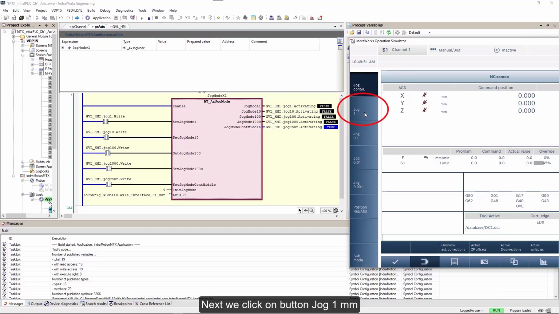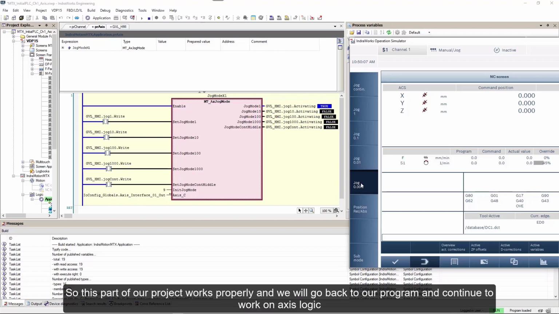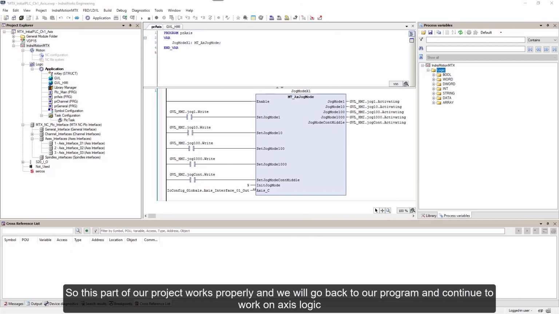Next, we click on button jog 1 millimeter. That sets the contact jog 1000 dot right, switches control to jog 1000 mode, and our button changes color. When we click on button jog 0.1 millimeter, we can see also that it is working properly. Same with button jog 10 microns and with button 1 micron. So this part of our project works properly, and we'll go back to our program and continue to work on